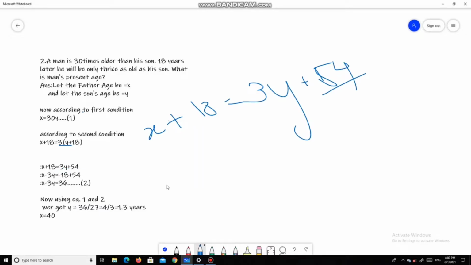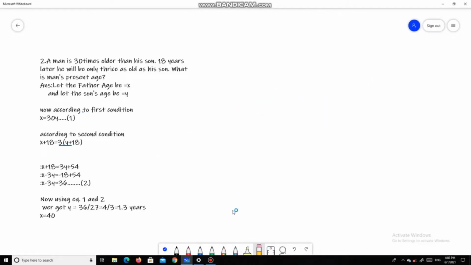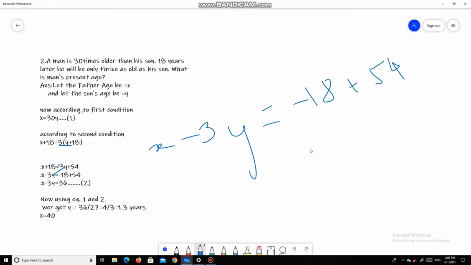Now look, I will show you. We have to take x and y, all the variables, on one side of the equal sign, which means we have to take the 3y to the left hand side of the equal sign. This 3y was positive, I made it negative, and this 18 was positive, I made it negative and took it to the right hand side of the equal sign. Okay, the next step is that